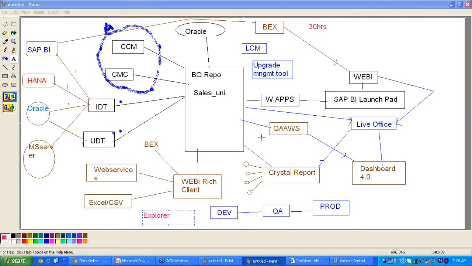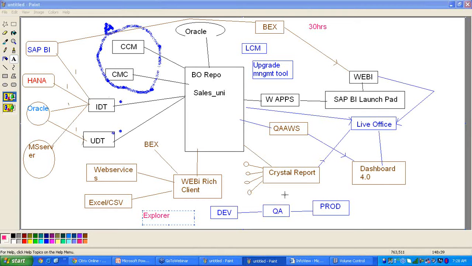My main focus is the universe designing and the reporting tool. If you know the Web Intelligence reporting tool, you can create the Crystal Reports and Web Rich Client reports. All the same functionality you can find in the Crystal Reports and Web Rich Client reports, but the connectivity is different when you compare with the web and Crystal Reports. So you don't need to learn all the tools end to end. Not required. If you have some idea, then you can do it. The main focus of my training is Web Intelligence and the universe designing part, as well as the dashboard.